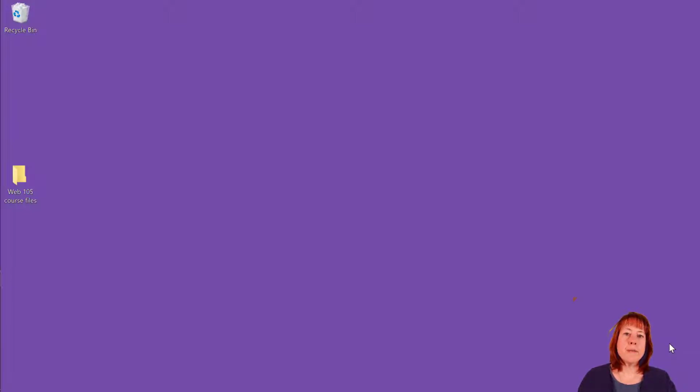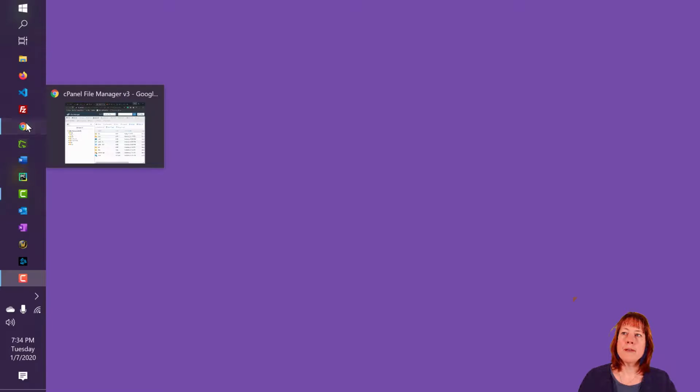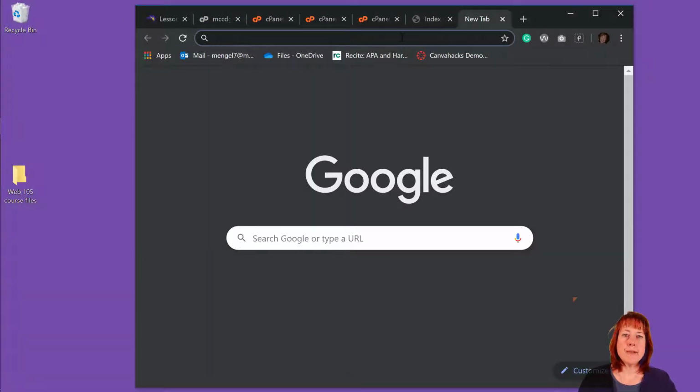So you're going to want to go and find some images. You can use your own images if you have them. Or if you need to grab images from the web, I want you to go to a site that has royalty-free pictures that you do not have to cite the sources on. So you can go look for Creative Commons pictures that allow you to use it without attribution, or you can